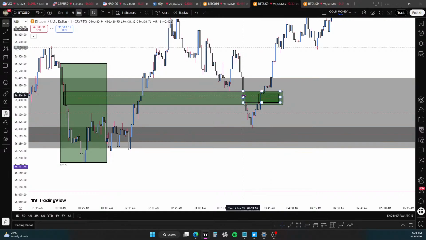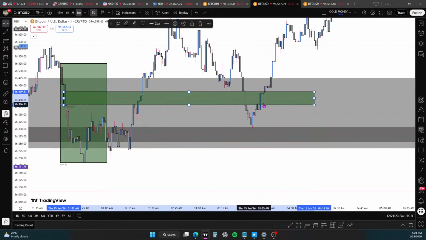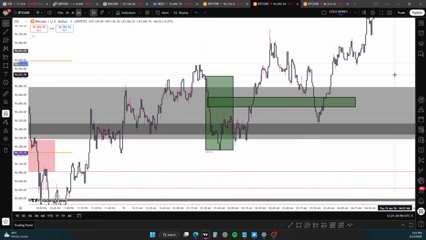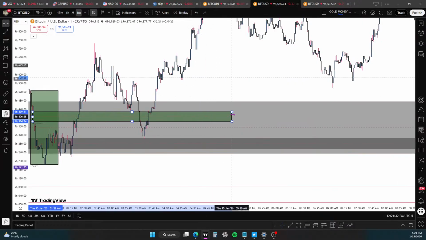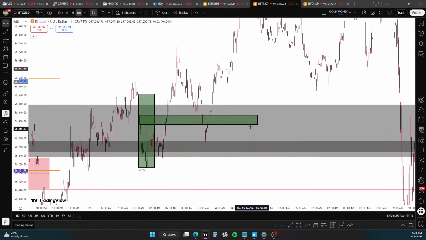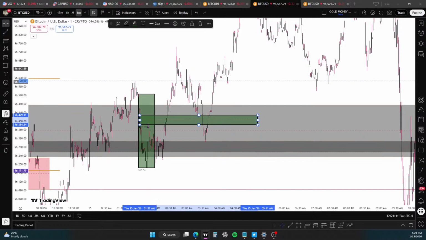Right, so this fair value gap is inside of that one. To be honest, you'd probably look for it to be a little bit cleaner than that. But regardless of whether there's this gap here and this gap here inside of this gap, this is still an inversion fair value gap, for while price is trading above it. So the characteristics can change later down the line. You just have to see what price is doing as it interacts with the level.